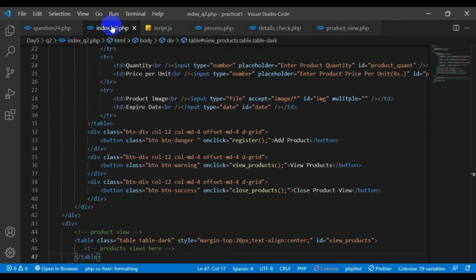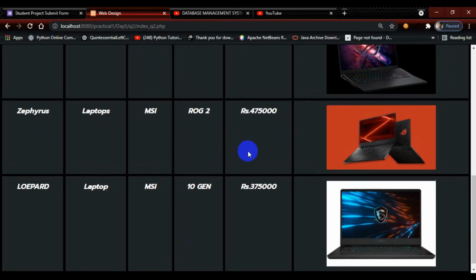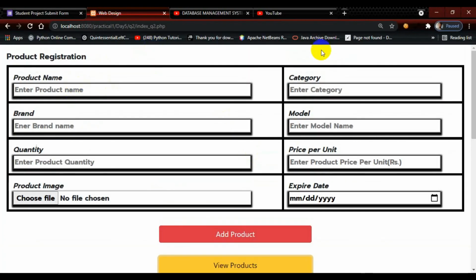So that's all for question number 25, and in the last question of this jumbo question, I have the last part. What happens in that question is, once you click on the image, all the details of that relevant product are displayed and filled onto these input fields with the image at the middle. So I'll show you how that works in the next video.